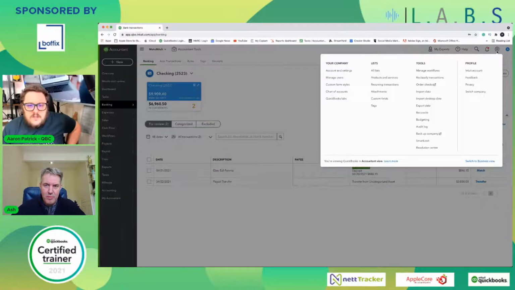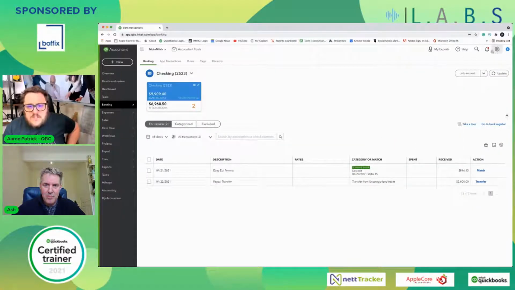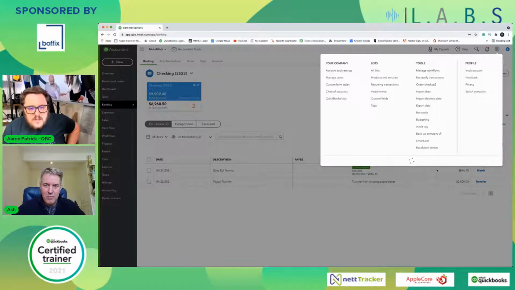But if I use the company cog and you switch to business view, now in the UK, switch to business view does absolutely nothing really, apart from changing a few namings, doesn't it? The banking over here becomes transactions, is it? Something like that. And I think that's all it does from memory. But if I switch to business view now,